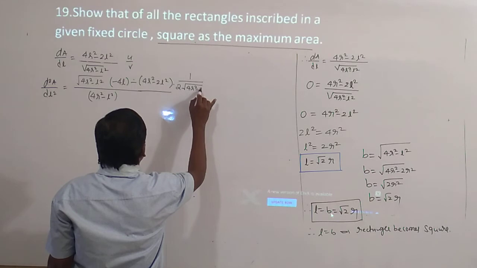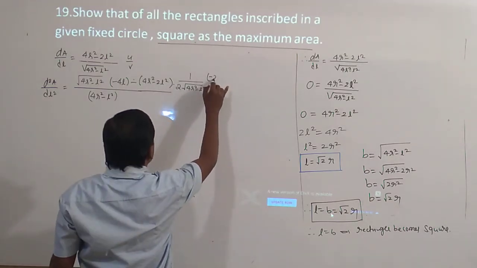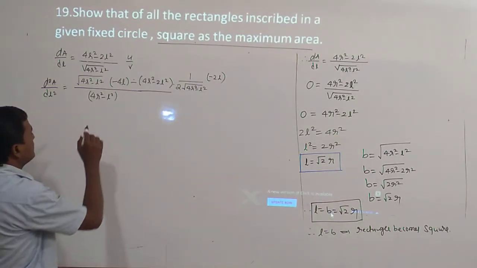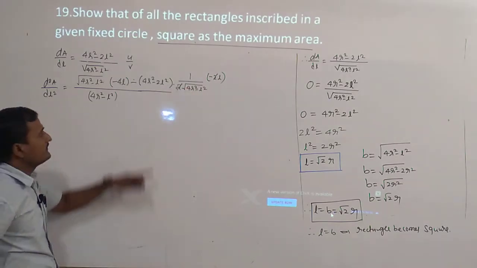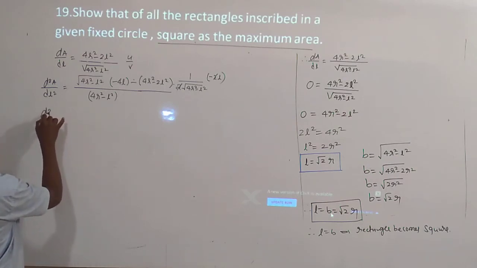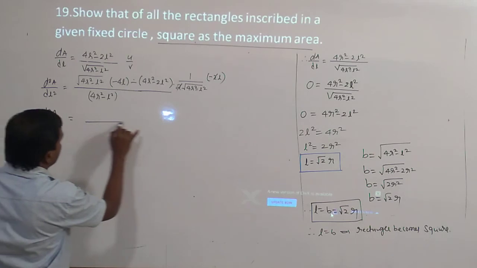4r square minus l square. Again, differentiation of this term becomes minus 2l. Okay, right. Now here, the 2 and 2 will get cancelled, and here it is minus into minus, which is plus. So therefore here we will simplify this one, d square A divided by dl square is equal to,